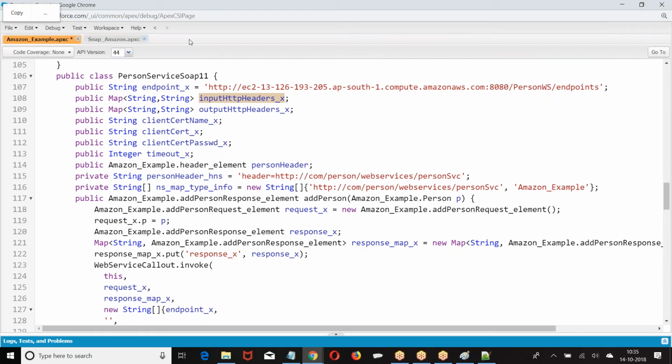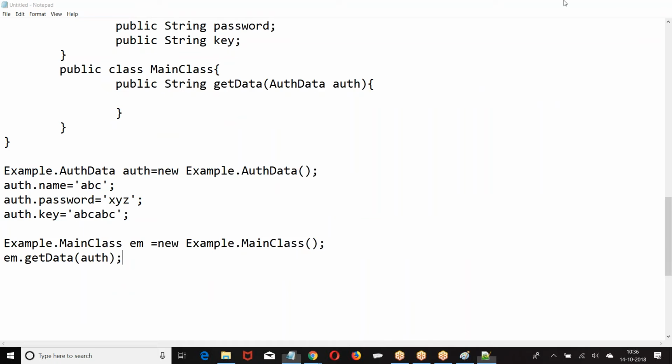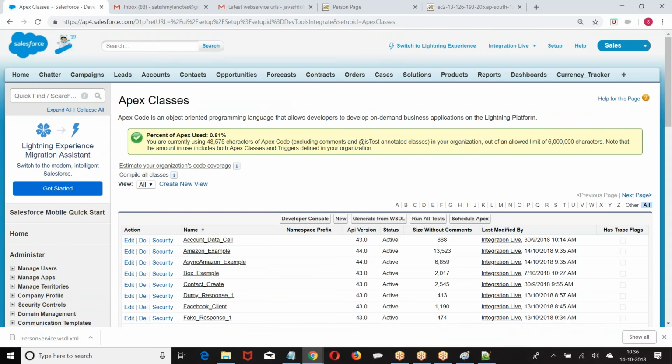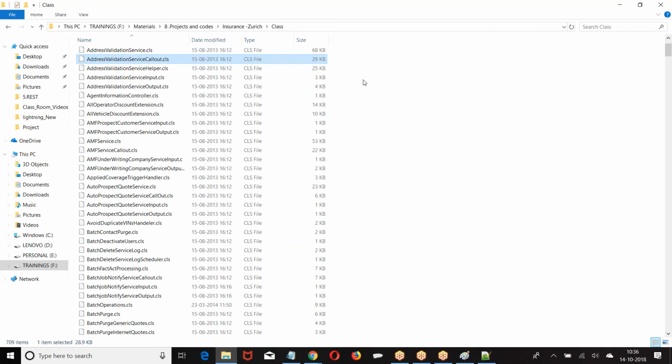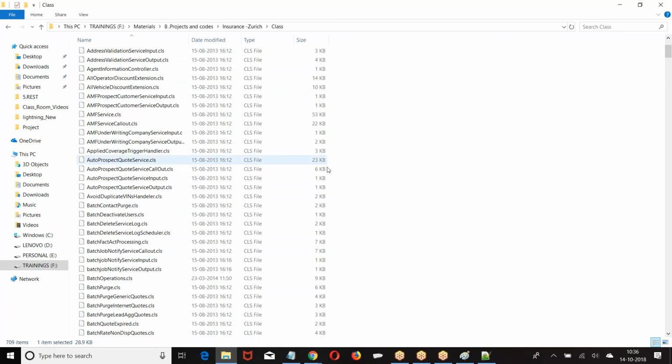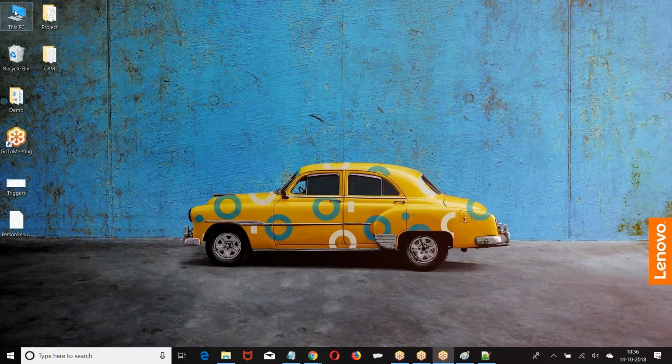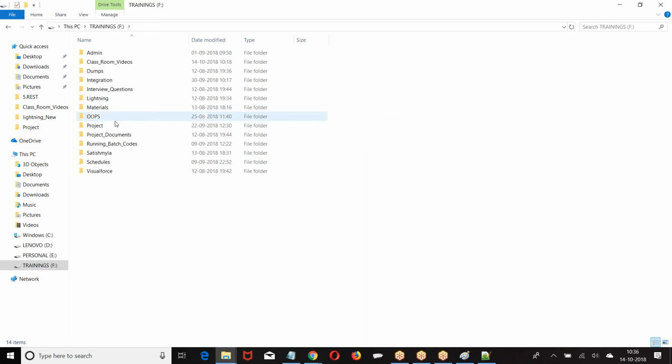Theory and everything I'm going to start again from scratch in the next class. So people who want to break the class or who want to go for a vacation, for you I'm just finishing an example, but for the rest of the people in the next class I'm going to take everything from scratch. What is SOAP, what is WSDL, all the definitions and formats I'm going to explain, right? And I'll be sharing a couple of WSDL files for your practice. Just wait for a minute.